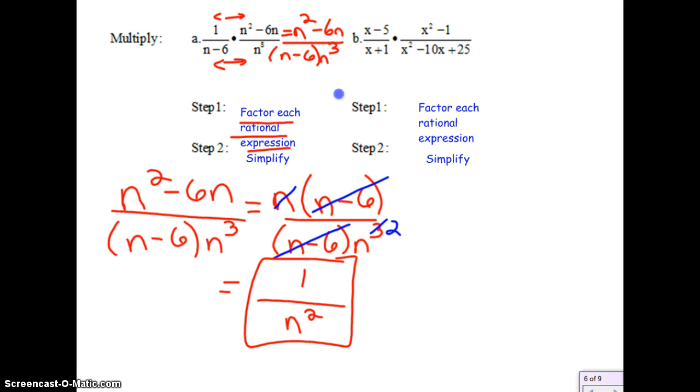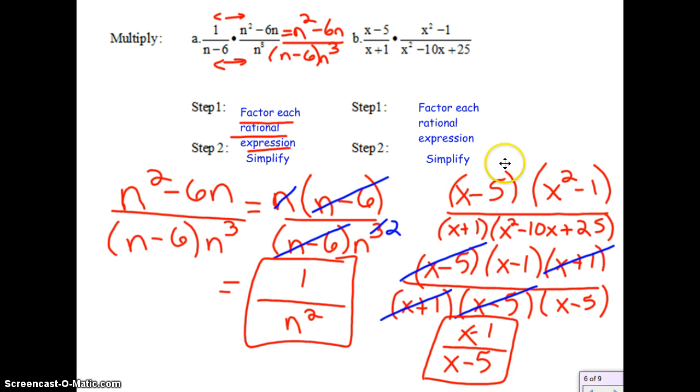Okay? Go ahead and pause the video here, try the second example, and then push play to check your work. Placing our binomial factors together and factoring, canceling out, leads us